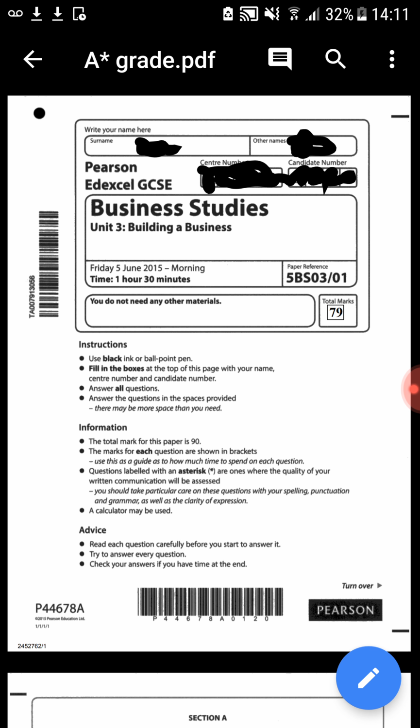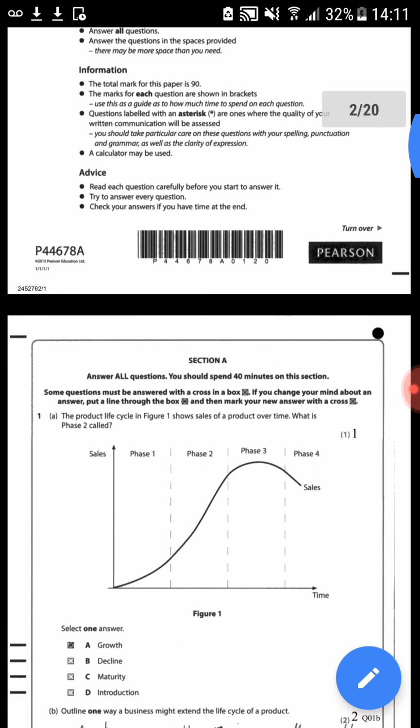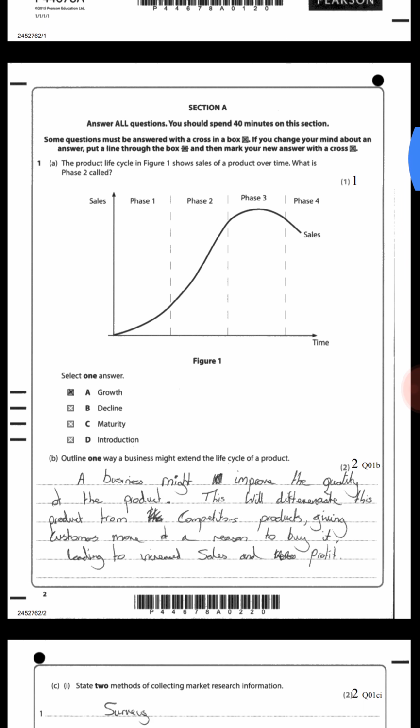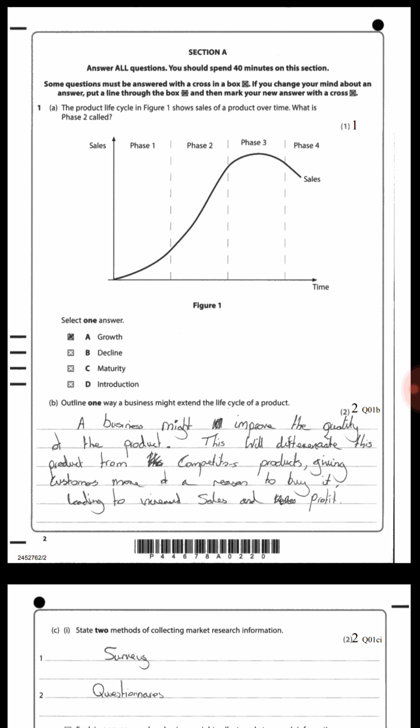I have sent a copy of this particular exemplar paper to your school email, and I have uploaded it on Google Drive as well. So first question, here we have a product life cycle figure showing the sales of a